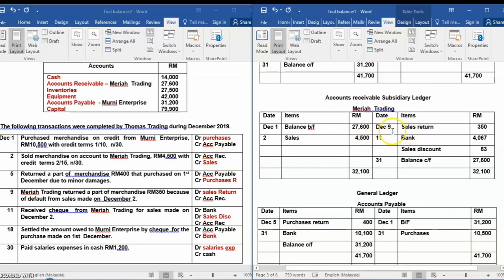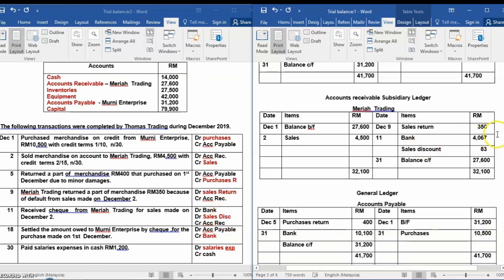The next one, sales return 350, the account receivable credit side, and then for 11th of December, account receivable credit side, debit bank, debit sales